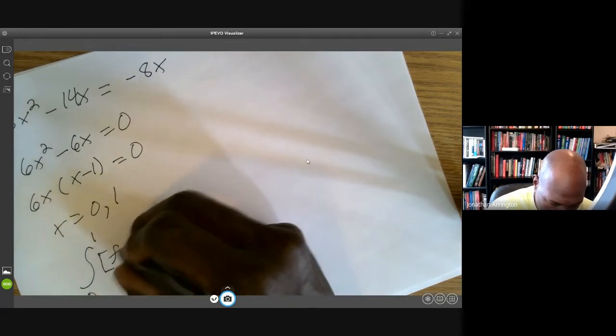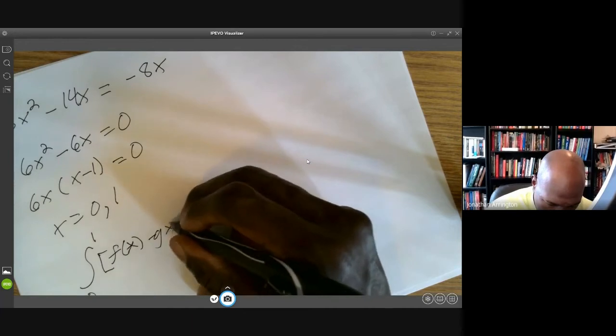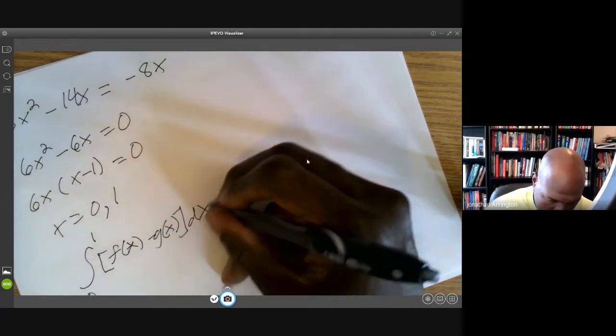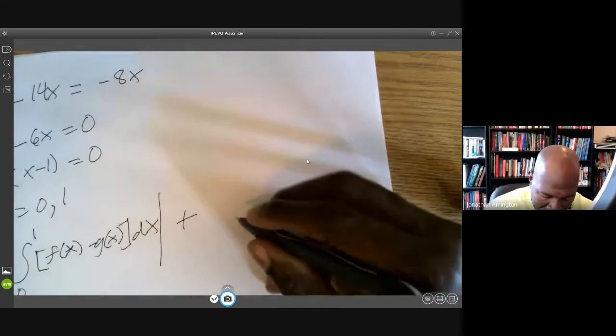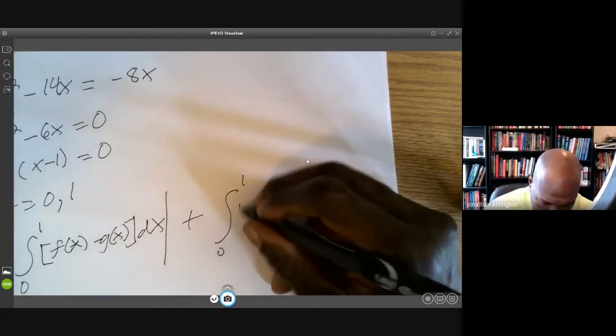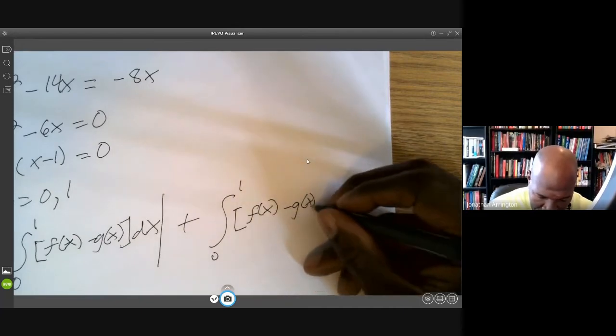So the absolute value of f of x minus g, and then also, I'm really going to do the same thing, the absolute value of f of x minus g,